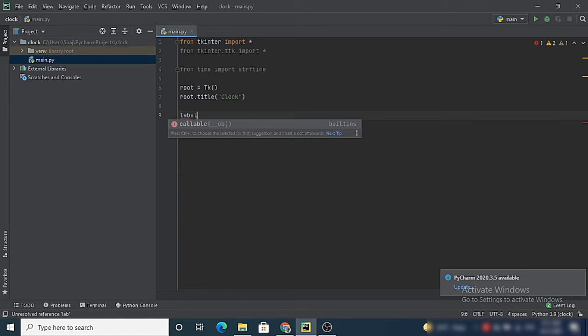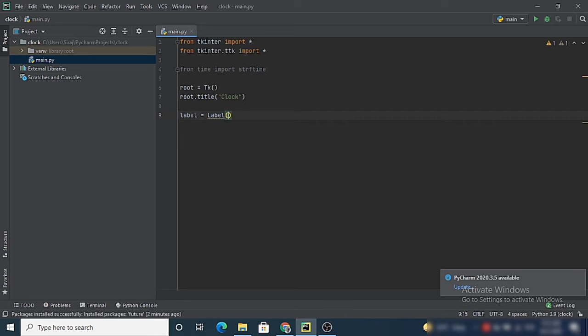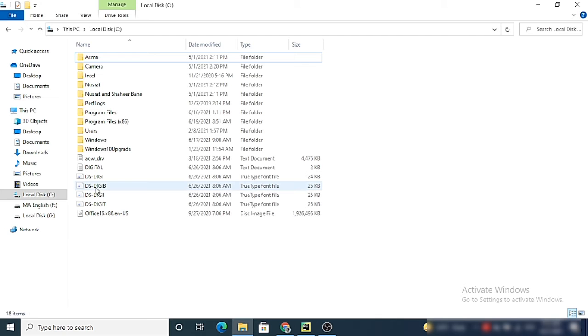So I will type label is equal to Label, and here the first parameter will be root, and the second is font. For the font I will use a custom font whose name is DS Digital.